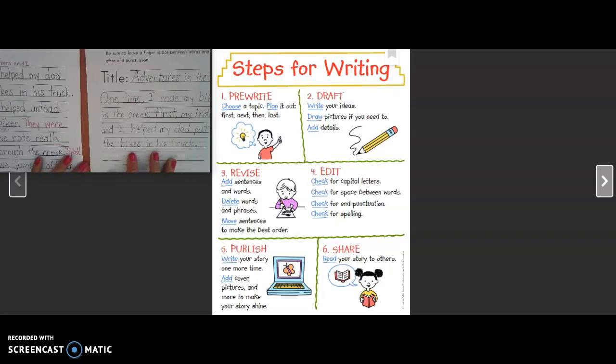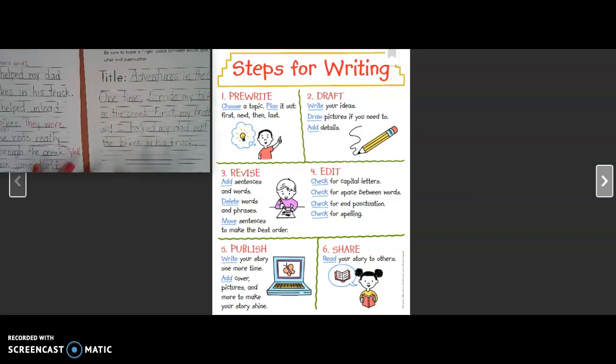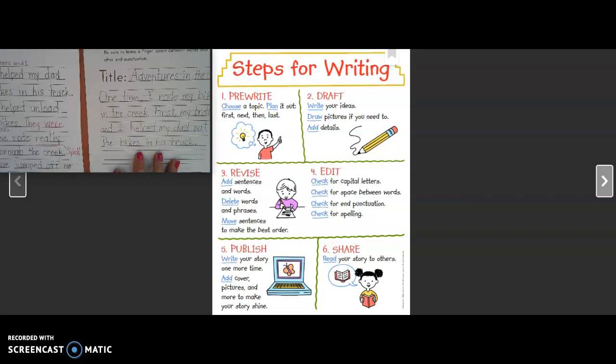We're going to be sharing our stories on Google Meet for fun, but you're also going to be reading your story, and your parents are going to video your story so that I can hear your story as an audience member, and you can practice your speaking skills. So that's going to be something that you are going to be doing for an assignment for me, and I can't wait to hear your stories.